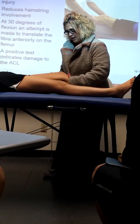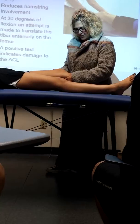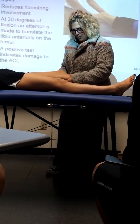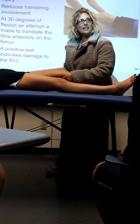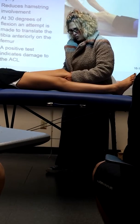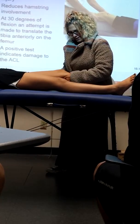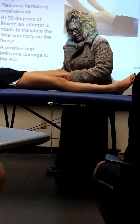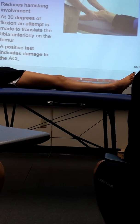So for the Lockman's, you're going to wrap one hand around the distal femur. The other hand is going to be wrapped around the proximal tibia. My thumb is on the tibial tuberosity. What I want to do is, again, she's nice and relaxed. Make sure those hamstrings are nice and relaxed. She's approximately 10 degrees of flexion, and I'm going to pull the tibia forward. My right hand, the hand that's on the femur, is not moving. It's just stabilizing the femur. That's it. My left hand is doing the work. It's pulling the tibia